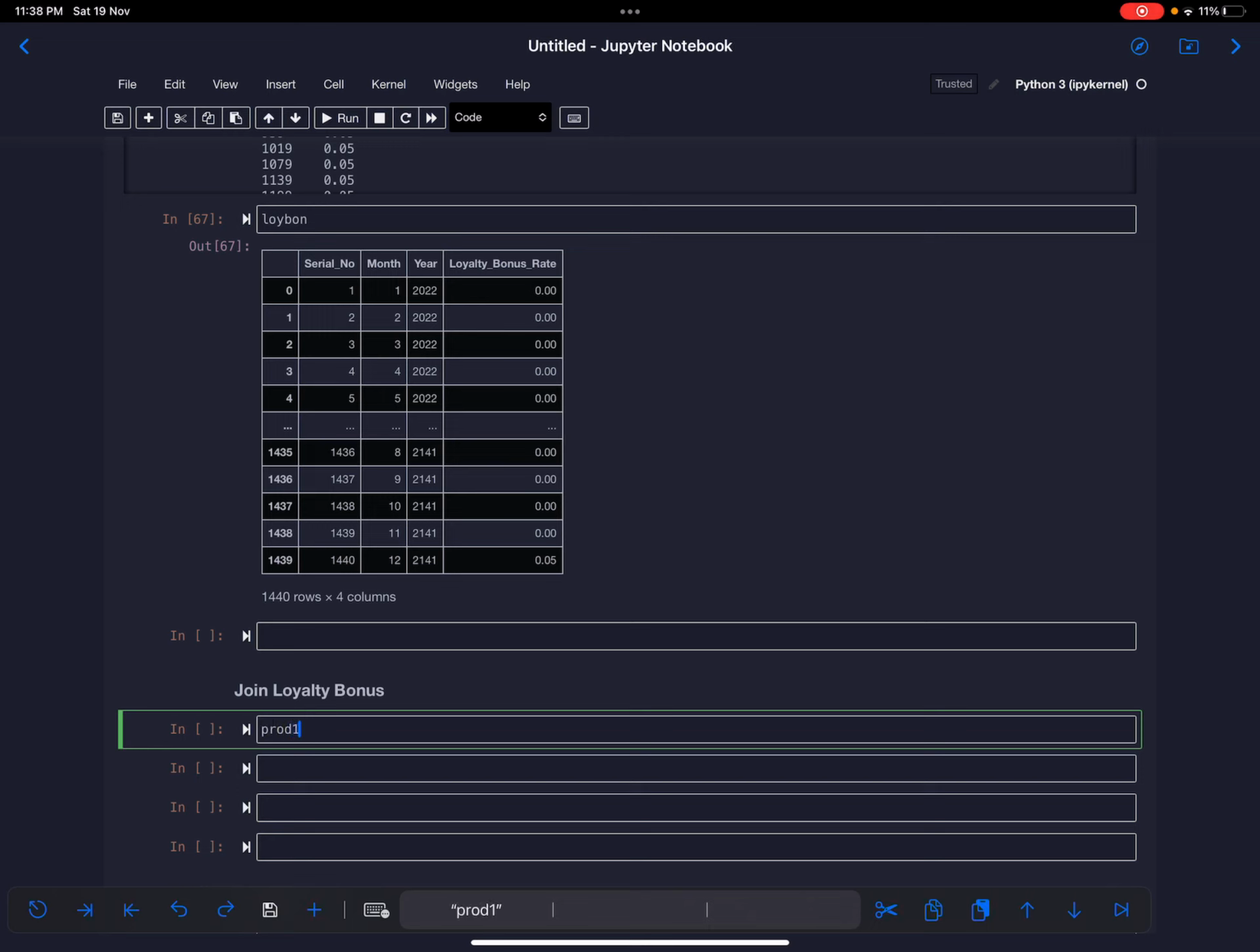So let's use merge. It's a pandas function, prod1 dot, so it's data frame dot merge. And okay, so what are we merging? We are merging our data frame loibon. How are we merging it? It's just like joins, right? So what kind of join do you want? I want a left join where I want everything from prod1 and these 3 4 columns from